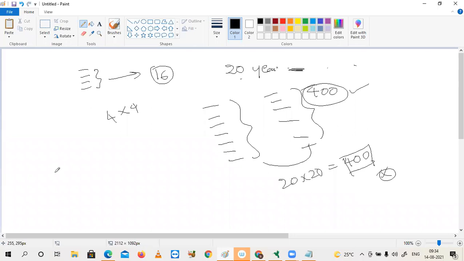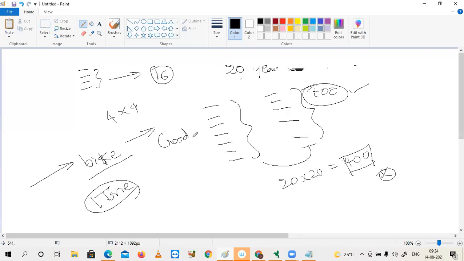Understand? Suppose you are traveling by bike. If I keep 1 ton weight on your head, that will be a problem for you. If you are traveling on a goods train, and I keep 1 ton weight, what's the problem for the train? Understood my question? So it depends on your transport vehicle. Choose the weight like this.